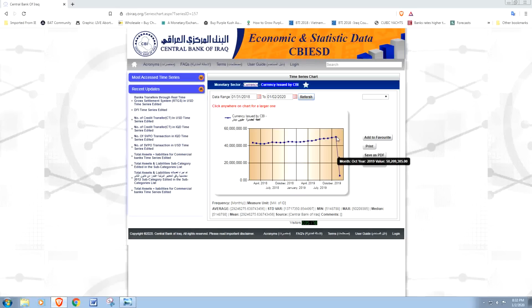So it varied. But for the most part, that's a lot of money they were using to buy the dinar off the open market. So here's the real question. We know that there's $50 trillion that has been issued by the Iraqi bank. If you subtract how much has been taken out of circulation, if we can find out what that number is, then we know how much is actually out there in circulation. Take into consideration that most of the financial entities are holding on to large portions of the dinar, leaving very little, I believe. I think it's probably in the billions, in the open market, in the hands of the public.